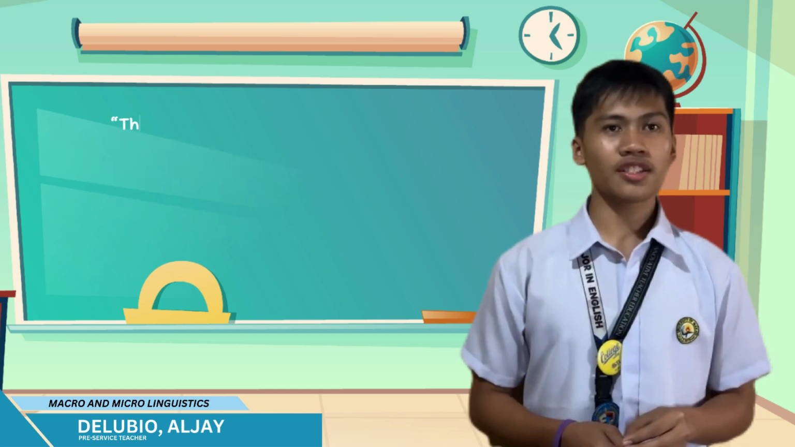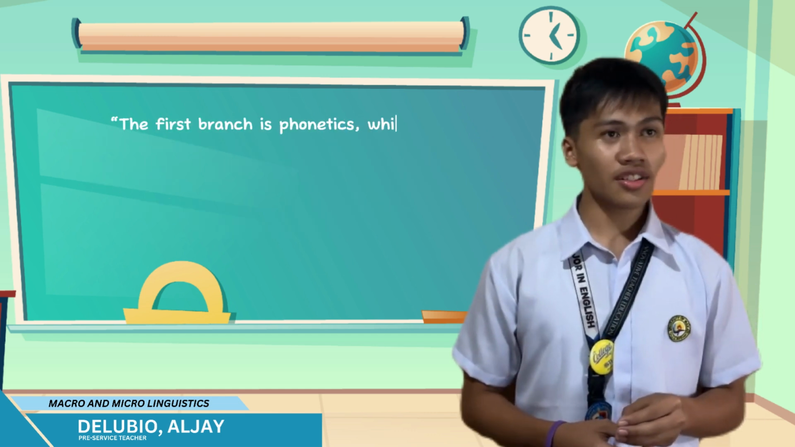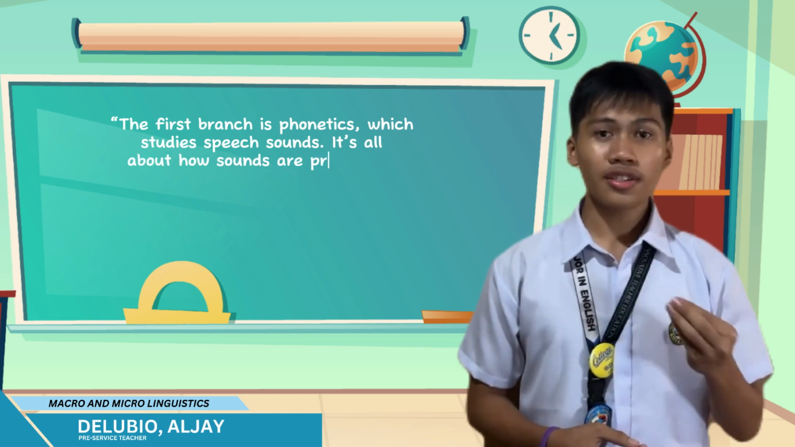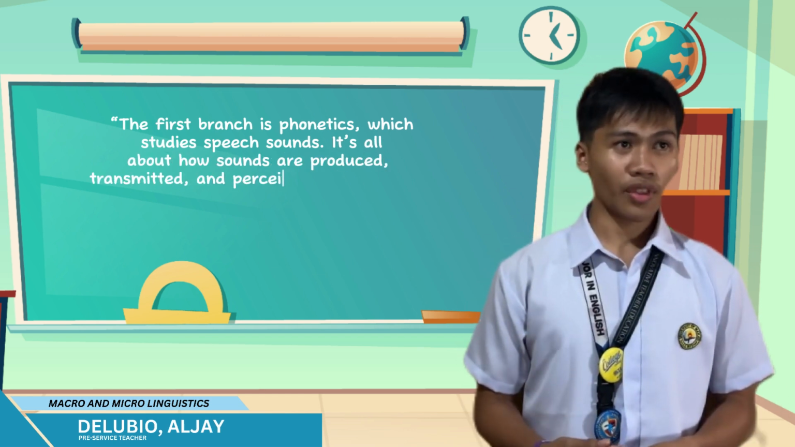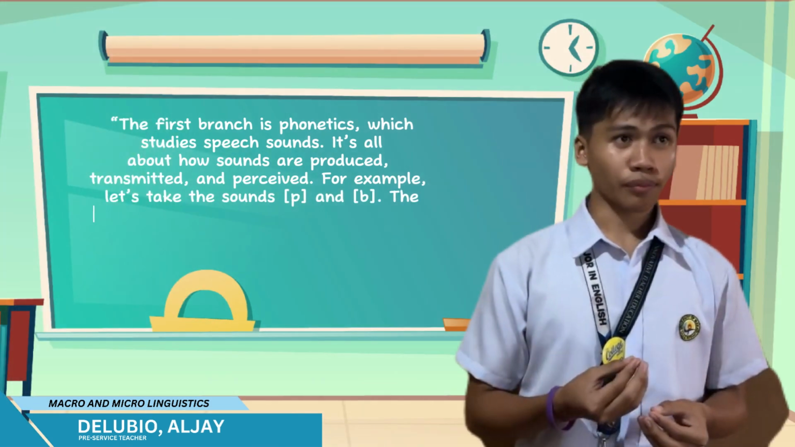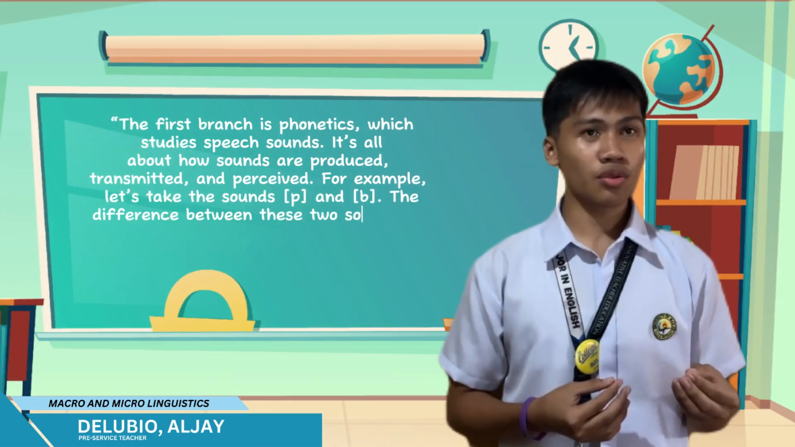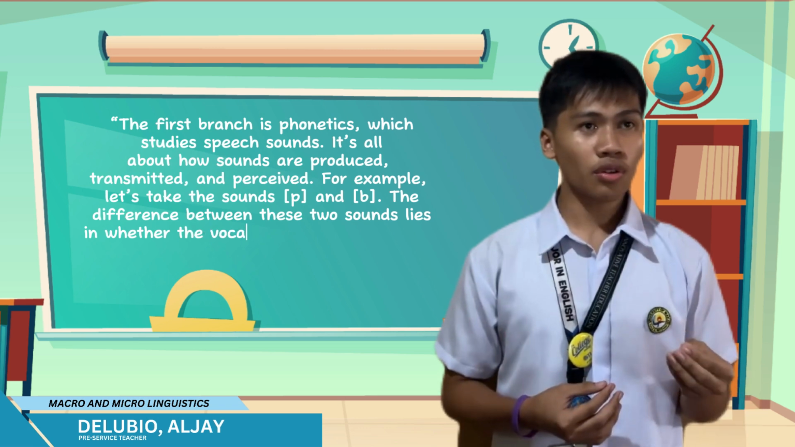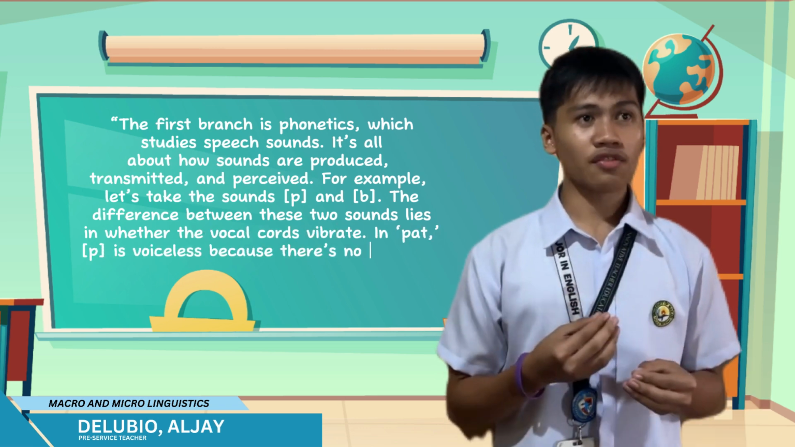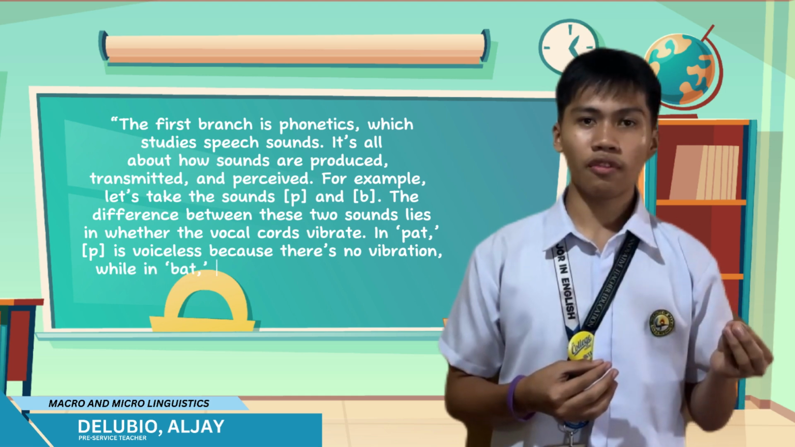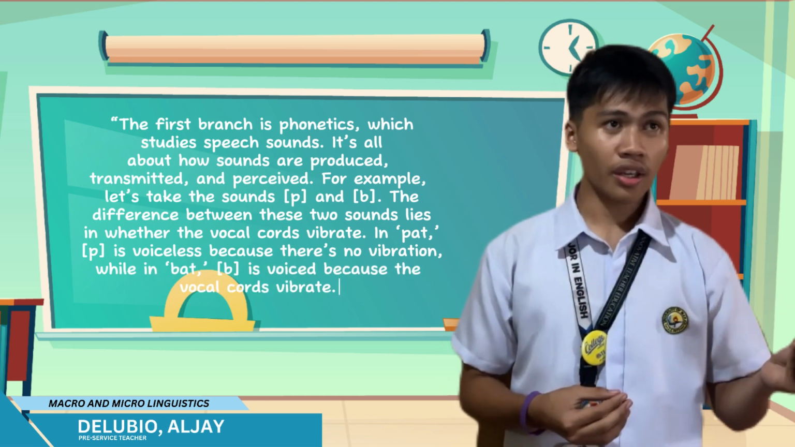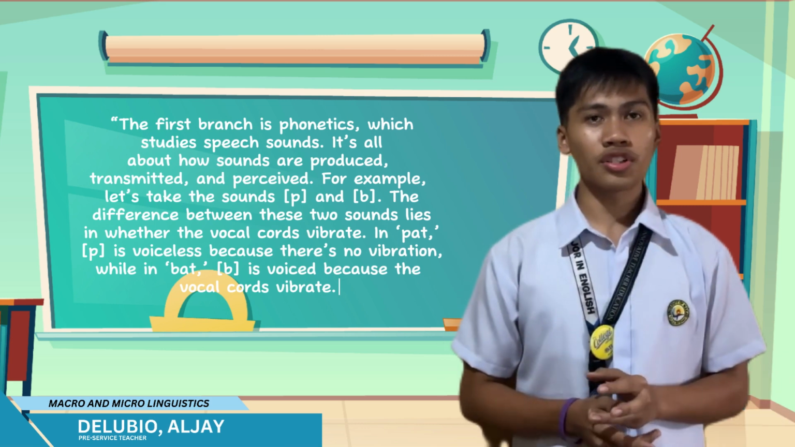The first branch is phonetics, which studies speech sounds. It's all about how sounds are produced, transmitted, and perceived. For example, let's take the sounds P and B. The difference between these two sounds lies in whether the vocal cords vibrate. P, as in pat, is voiceless because there is no vibration, while B, as in boy, is voiced because the vocal cords are